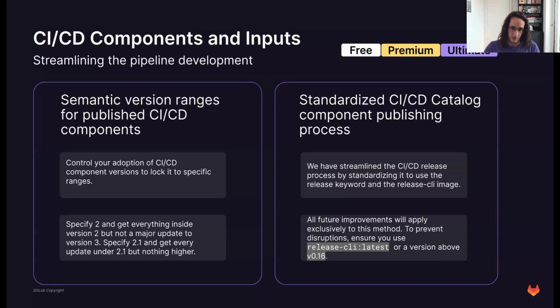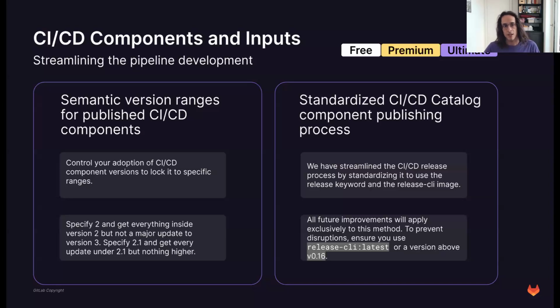With the CI/CD catalog and the components, there's one way of doing it, right? There's no misunderstanding about how we version, how we release, how we build these components. And that's really the power here. And with semantic versioning, it's also industry best practice that everybody in this open source world we are living in is familiar with.